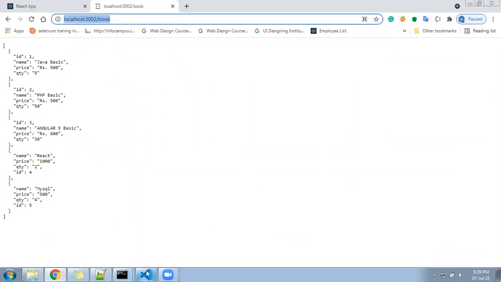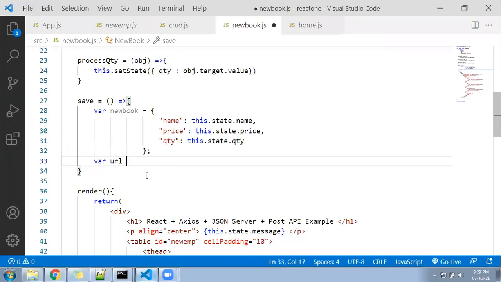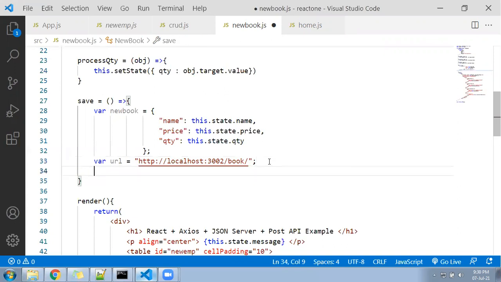And I'll write here a variable URL equal to this one. Keep it in double quotes, right? So we kept it in double quotes. Now after that, I can add a slash in the last. You can not add also, no problem. Now come down below, right here,